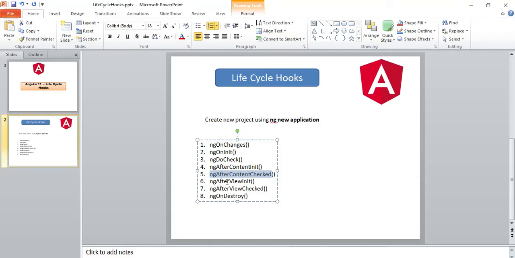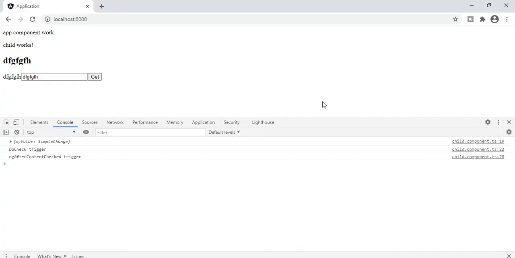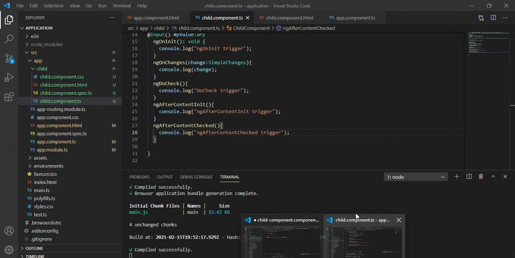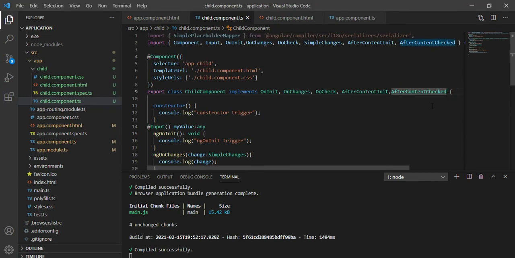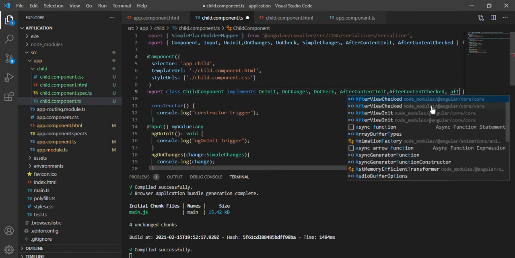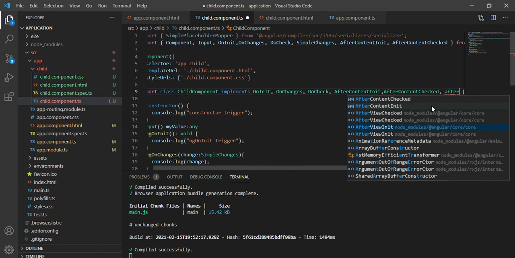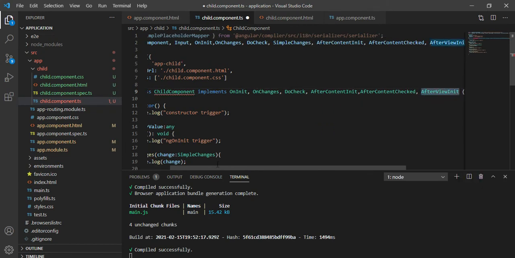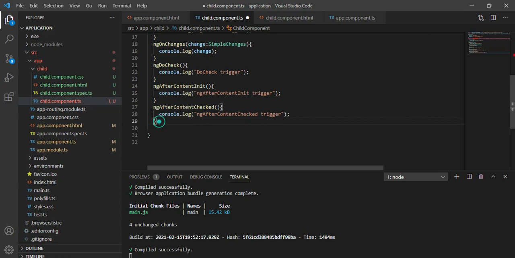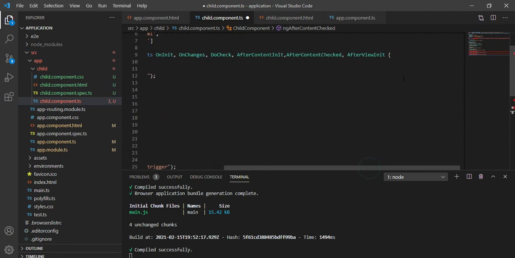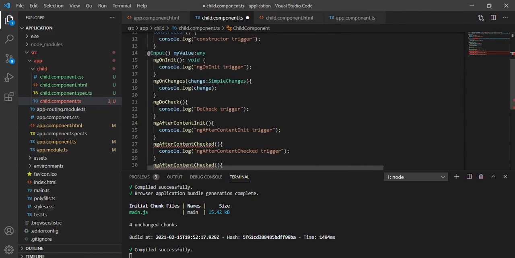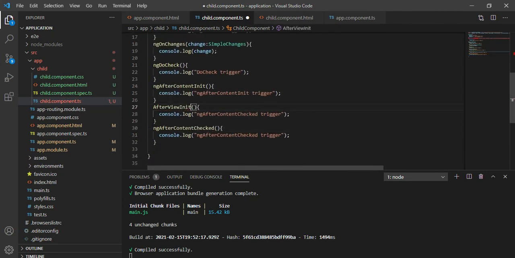Now after this, after view init. After view init means your component initialization is finished. So we'll go here and implement after view init. In order to implement this, you can copy the previous tag because you need to change the name and console log, paste it here, add ng, copy and paste.